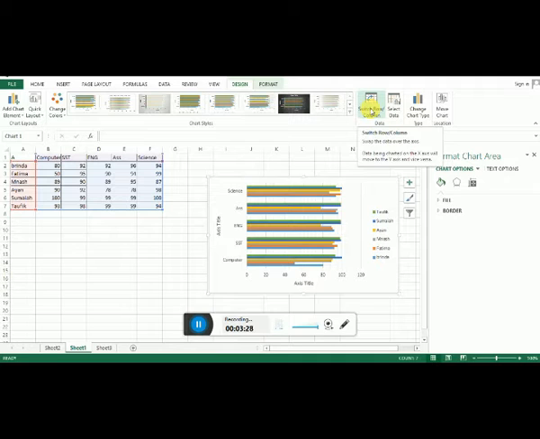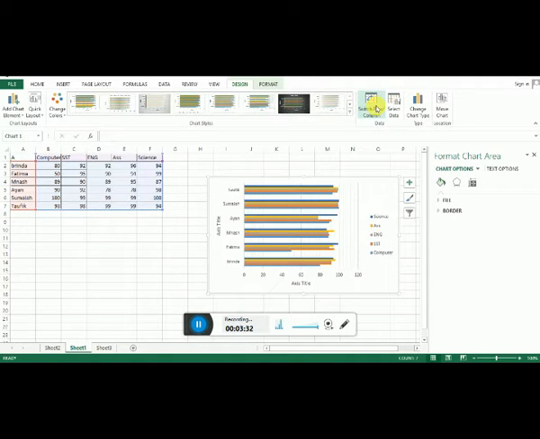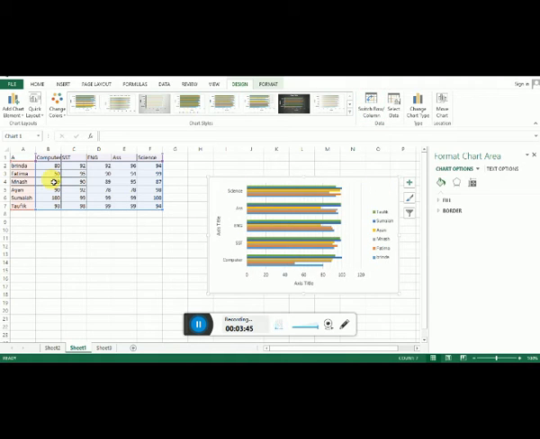Okay, you can see when I use switch row and column in the chart, the row names are here. And again when I use switch row and column, you can see the column names are here.